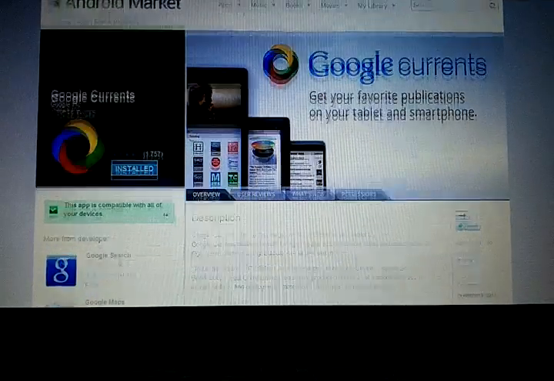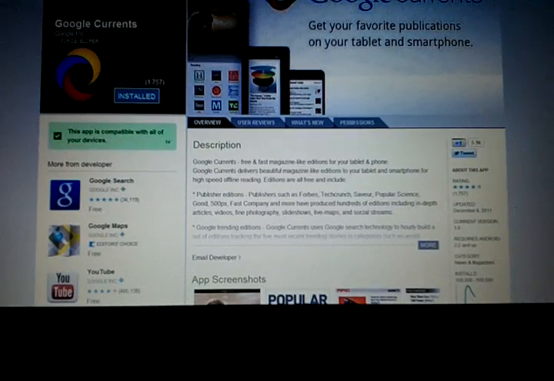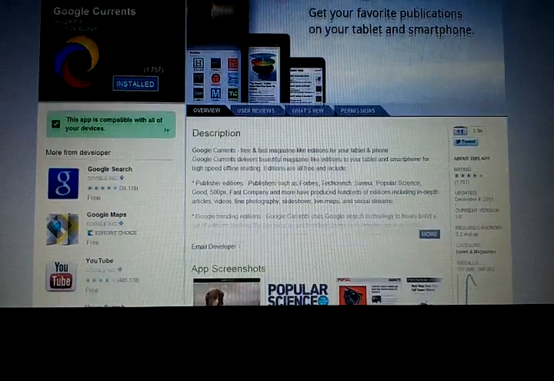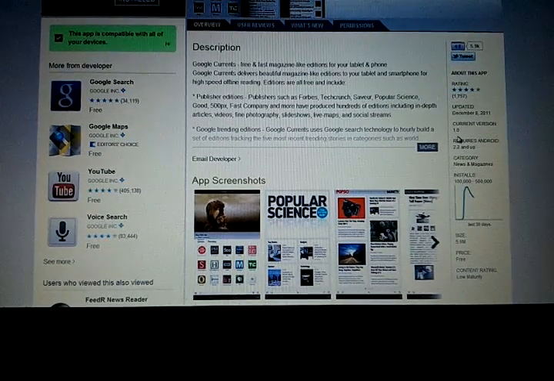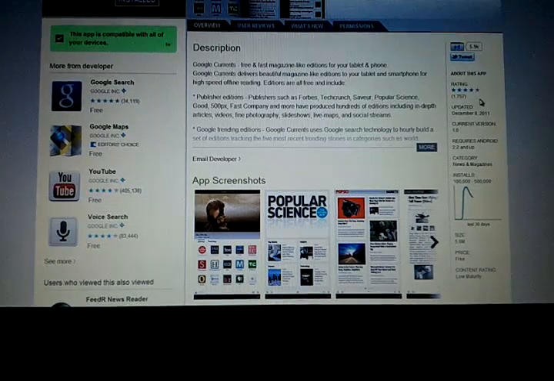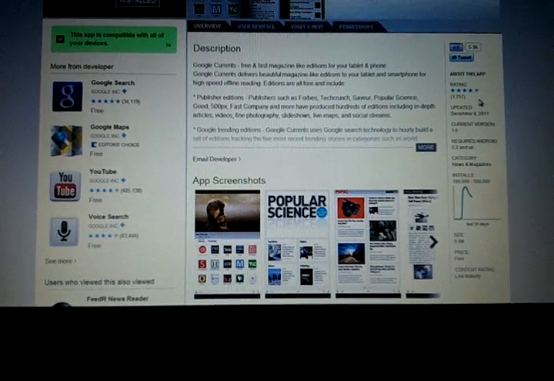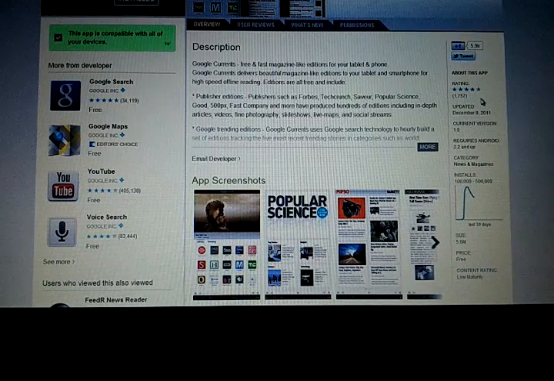The thing you want to pay attention to when you're downloading any application from any source, if they have that information, is the rating that it has, which is here. Now, I typically stay with applications that have 4 stars and above. I don't recall downloading anything that had below 4 stars. Of course, it is your own personal choice. You can download something that has 1 star if you like. It is completely up to you. That is the beauty of Android, but you do so at your own risk.